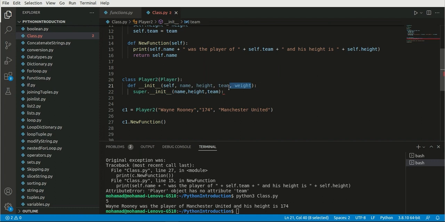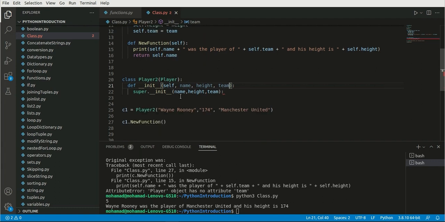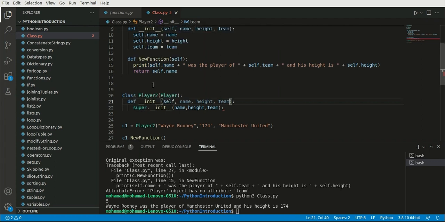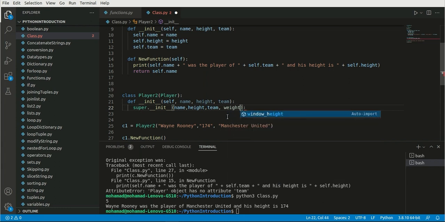So here, in order to prevent that from happening, we use inheritance. So we declare the new classes. We inherit from another class that the previous developer has developed up to then, and then you use the super.init, use the parent class name.init, which is here player.init, and here, for example, we want to add weight. So if you want to do that, you need to also add this weight to the init function here at the top,